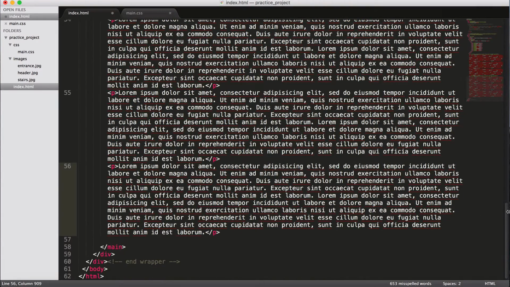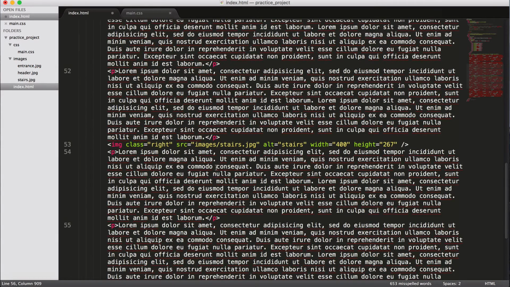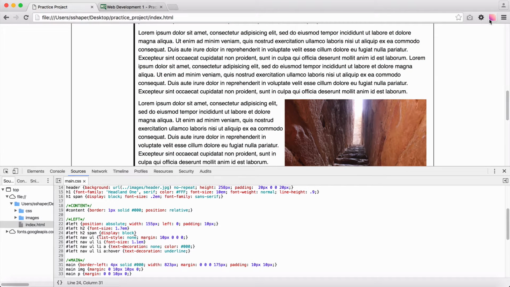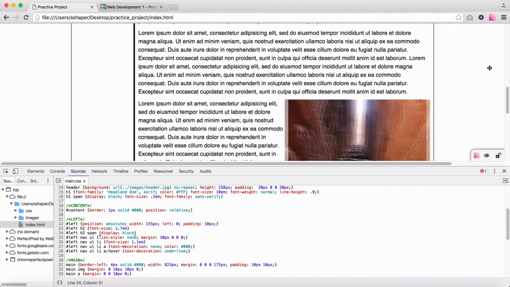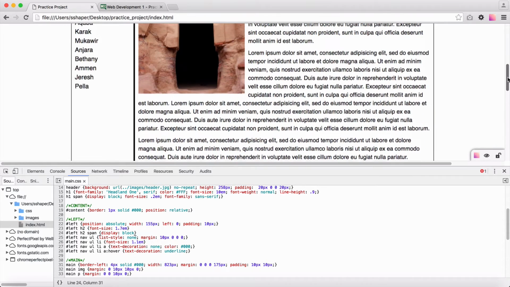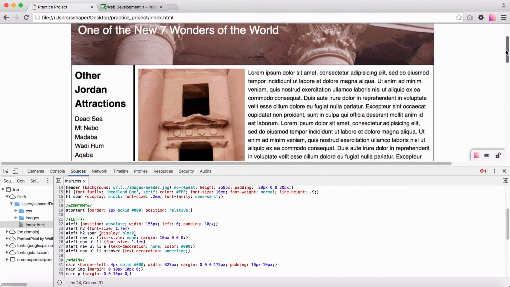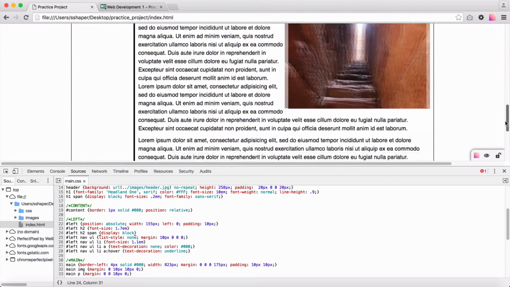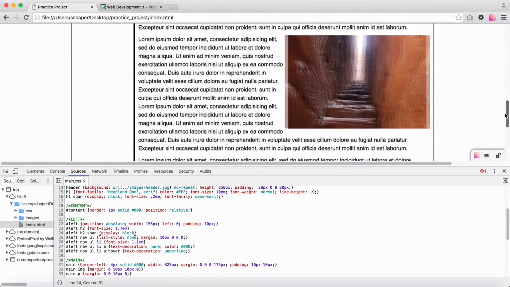Okay, so if you come up here, the only thing that I did for this image is I gave it the class of right, because that image is going to have to float to the right, and then of course everything else is just the regular image. So I can go ahead and save that. I'll come over to my web page and refresh it, and when I put my screenshot up over top of it, you can see that my text is matching up really nice. Okay, so everything's matching up really nice when we come down,